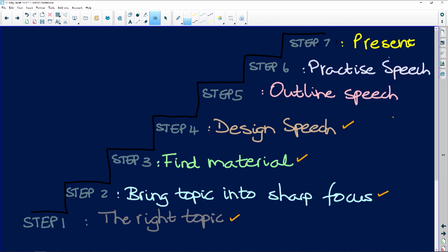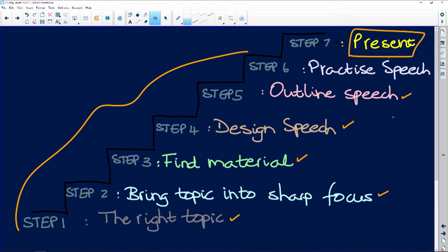This, well, they're not designing the speech because all they're doing is printing something off the net. They don't do cue cards because they just cut out the speech that they printed. Do they practice? No. I say to them, did you time the speech? No. So I think this is the least of our worries really at the moment. Let's see if we could get these 6 steps really, really good, really brilliantly done. And we'll worry about the presenting later.